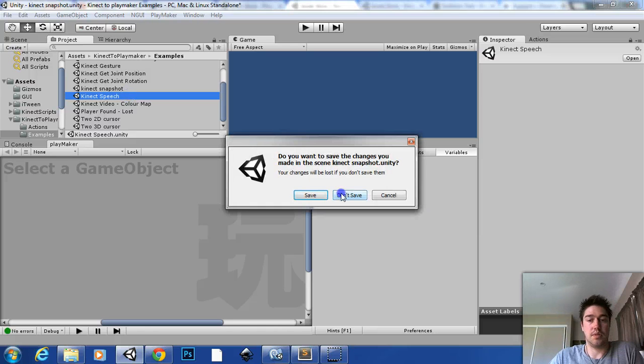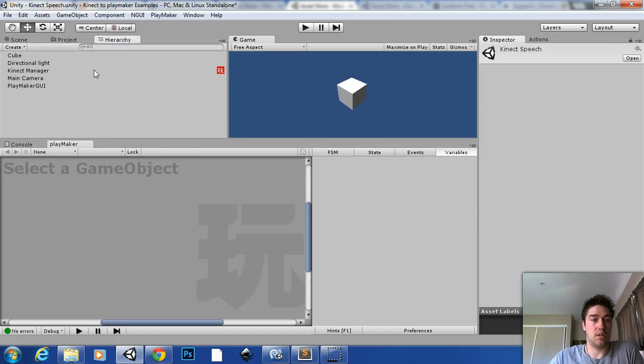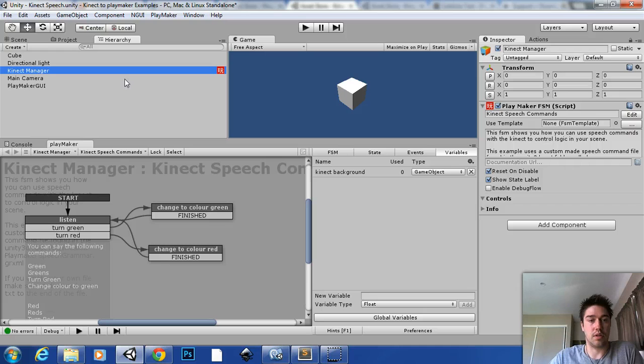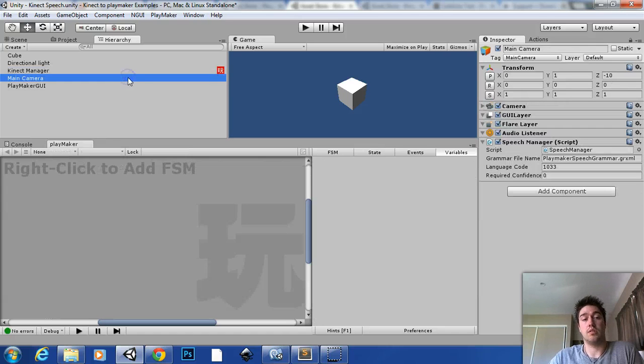Next one is Kinect Speech. This one requires a bit of setup before you can use it, and as I mentioned at the start of the video, you will need to get Kinect Extras for this to work. So this one doesn't actually use a Kinect Manager script. This one uses a Speech Manager script. So you drag it in and then you can specify the language code. So you can find out from the Kinect which one you want to use. And I think you can set it to any language, but you just have to find this code